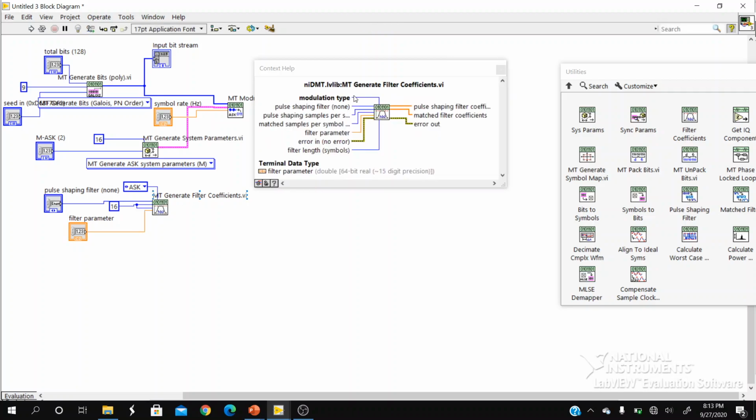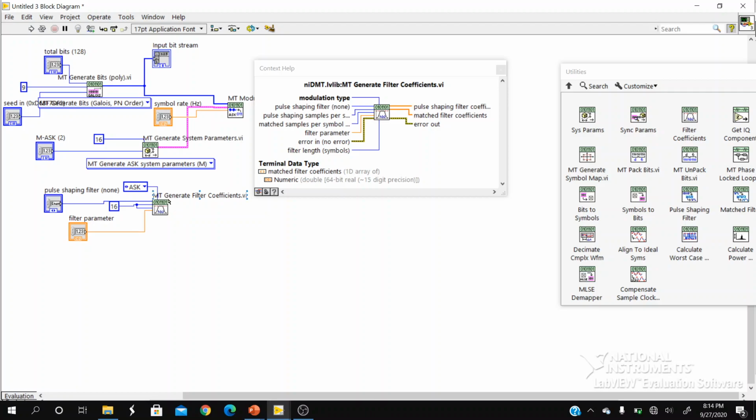You can see the outputs. The first output is the pulse shaping filter coefficient, which is used on the transmitter side. The second output, matched filter coefficient, will be used for the receiver section. Whenever we make use of a matched filter or a correlator, usually in this simulation we go with the matched filter realization. Therefore, these filter coefficients will be necessary to reconstruct our pulses on the receiver side.